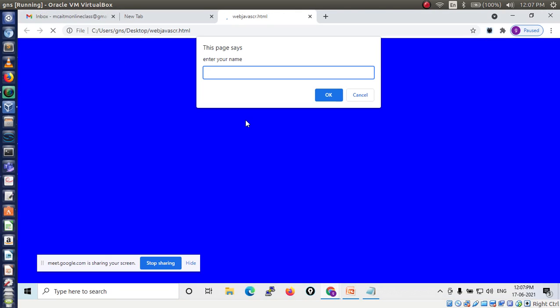So run this file. What output do you get? Everyone seeing this, right? Now what is it asking? In the prompt box it is asking enter your name. So here you have to type your name using the keyboard. Now I will type my name, XYZ.